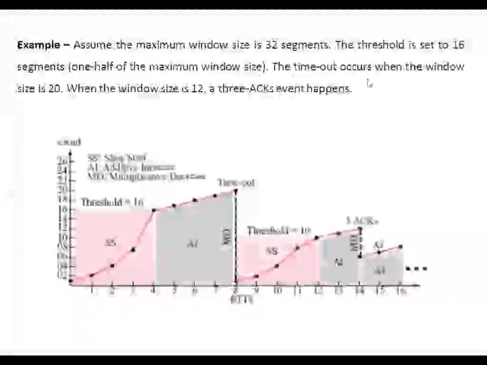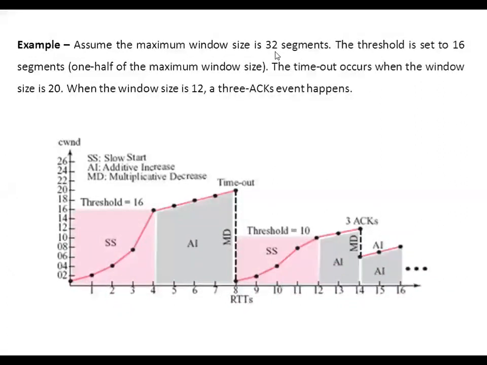Let us understand this using one example. Let's say that currently the window size is 32. At this point, the sender detected congestion because of timeout, let us say. So for the next iteration, first of all, the sender will calculate the threshold, which is equal to 1/2 of the current window size, which is currently 32. For the next iteration, the value of the threshold will be 16. So what are the steps that will be taken afterwards, that we are going to see.